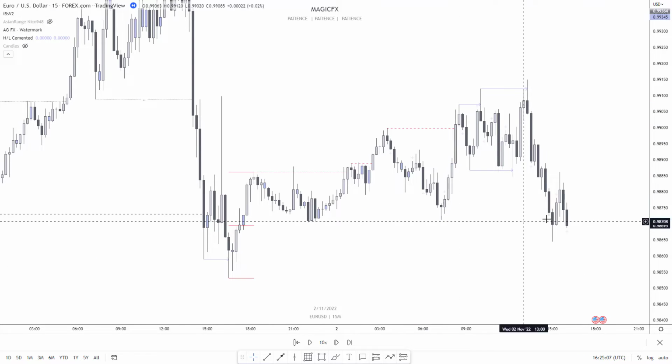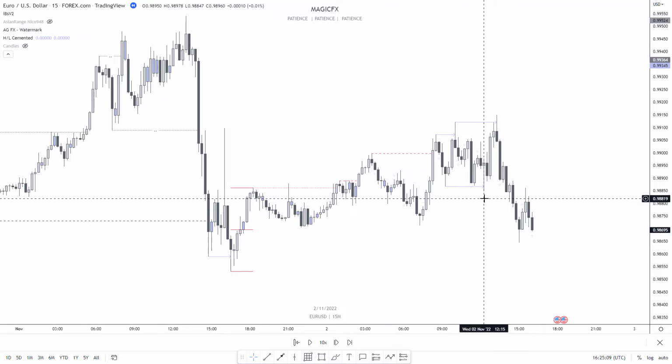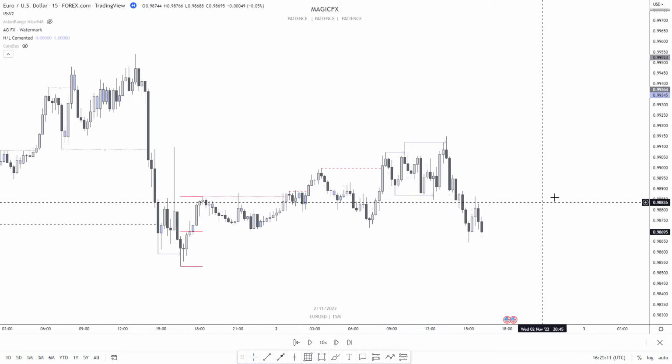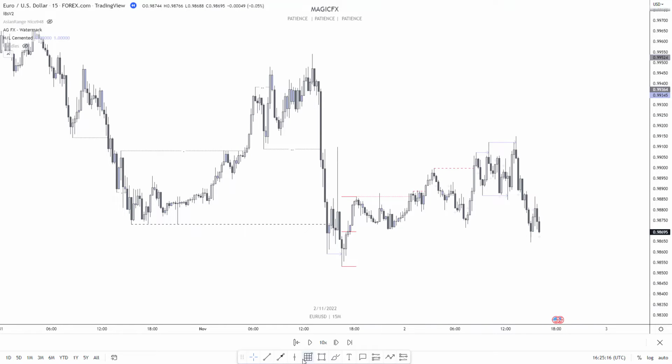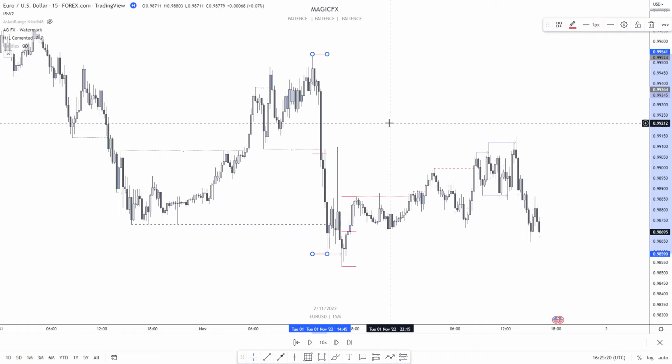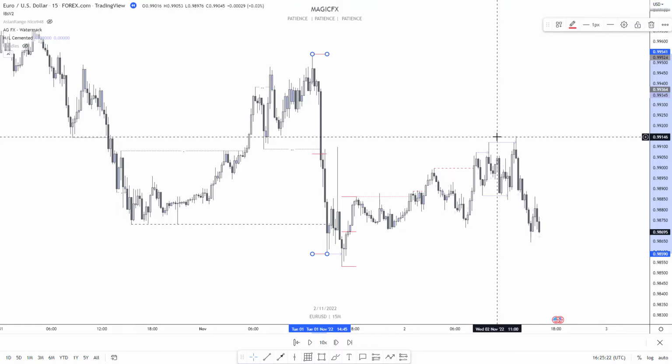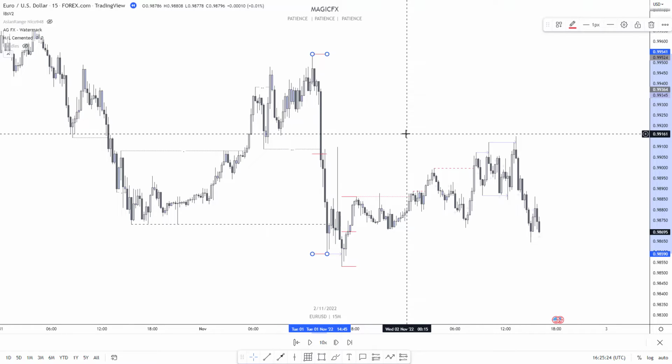Now, at this point in time, am I still interested in longs? I have to ask myself questions, okay? So it's okay, we have tapped into the premium of the overall major leg here to the left, but have we tapped a valid zone? And the answer for me is no, we've just tapped imbalance. And for me, imbalance